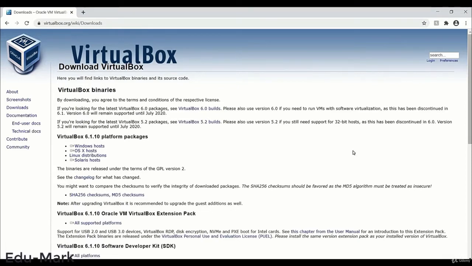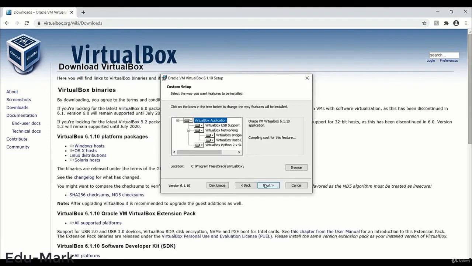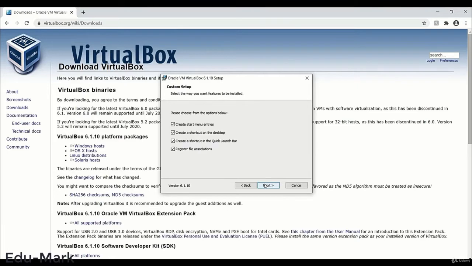Now we will open the VirtualBox installation. Now the setup has been opened. By clicking next, by locating the file where you want to locate the VirtualBox application, by checking all the different options,